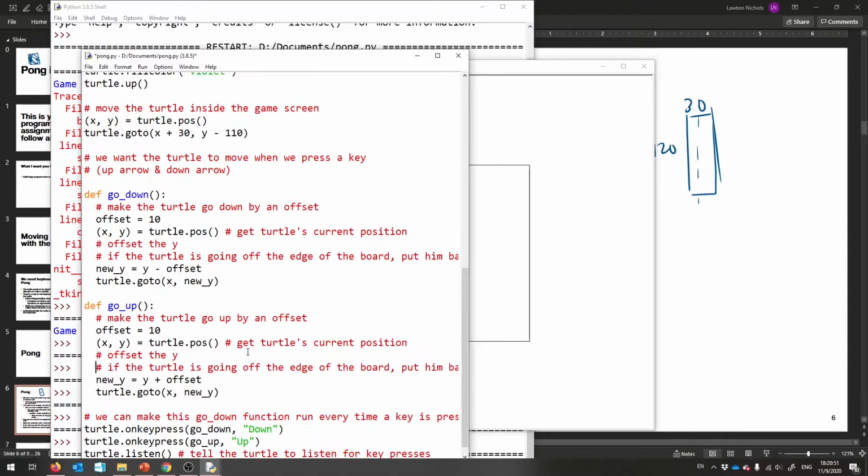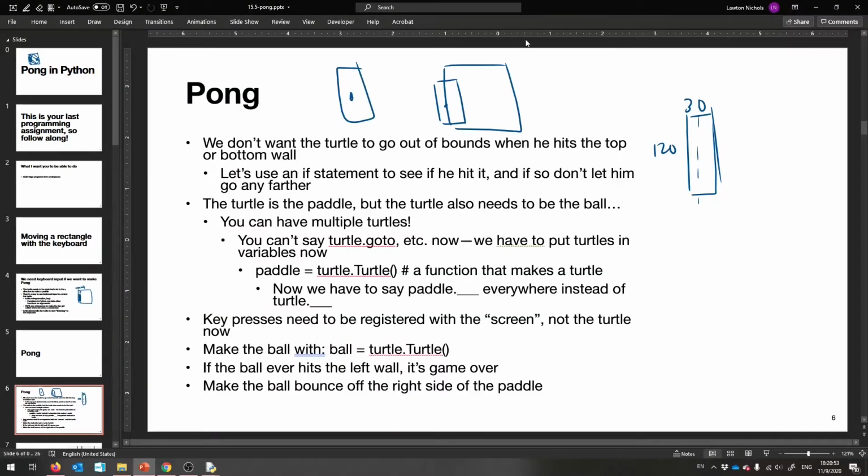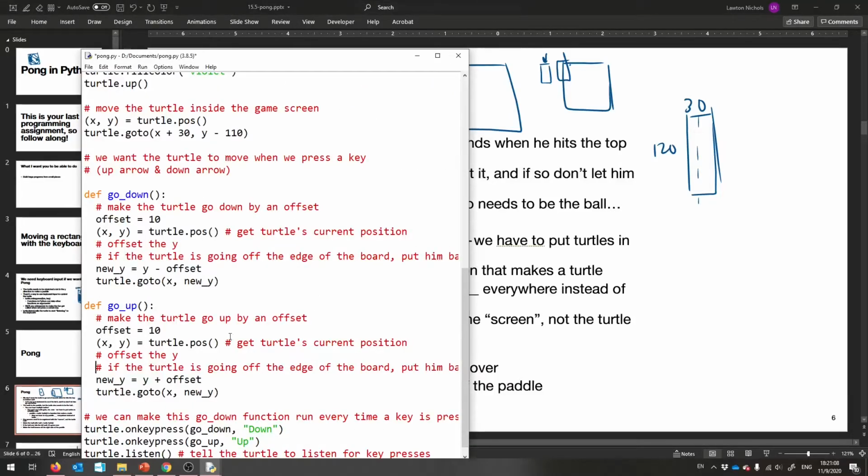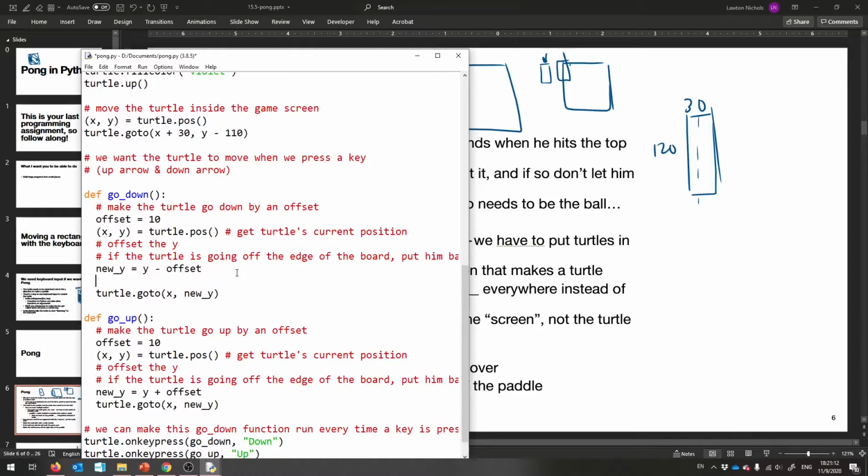So here we are at the wall. If we are about to go a little bit above it, we need to bring the turtle back down to just graze the wall. You see that? So that's what we need to work on. If you're going down, you can only hit the bottom wall, in theory. So let's fix that. If the y coordinate for the paddle,